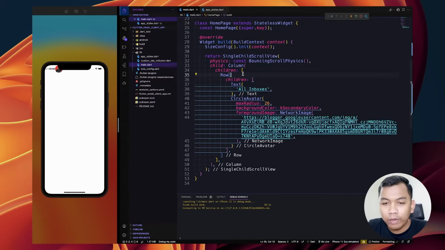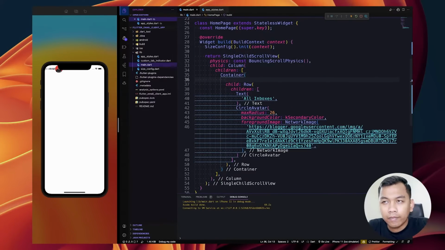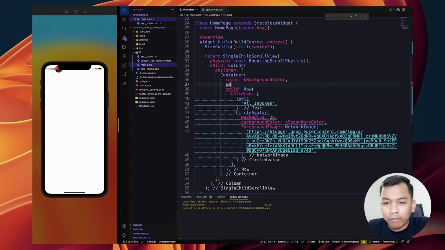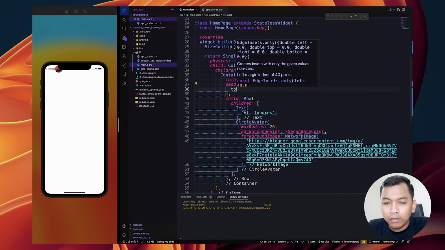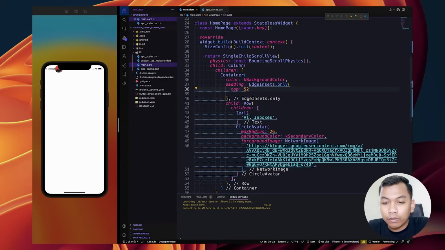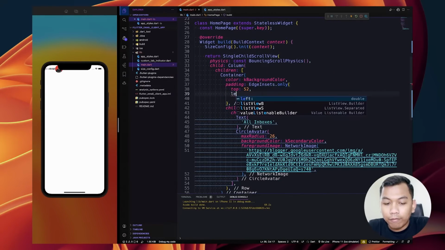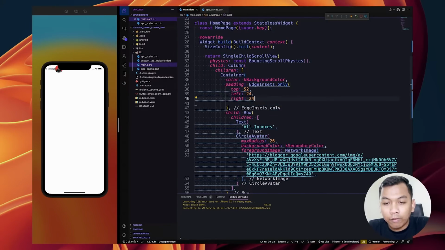And what we need to do here, we need to wrap our row widget with container, and our container will be K background color for the color, and for the padding, let's set it to only. Top will be 52 and left will be 24, and for the right will be 24.